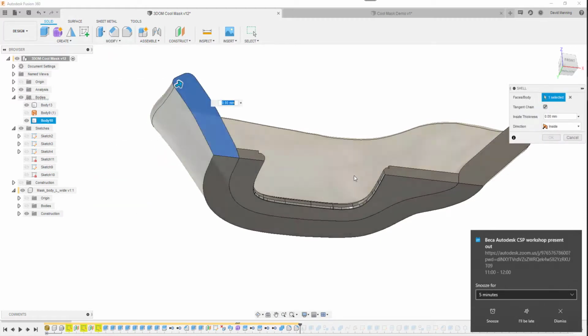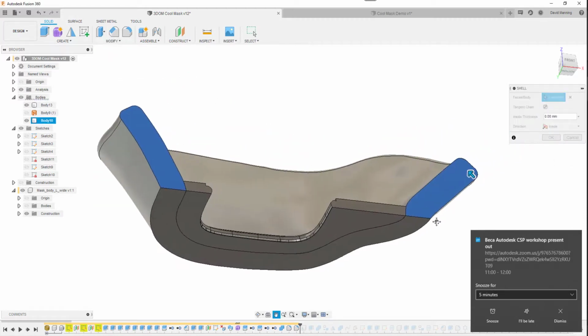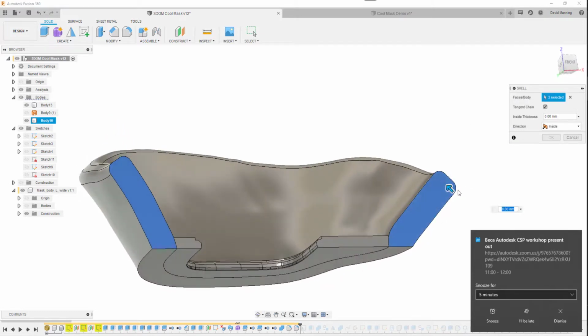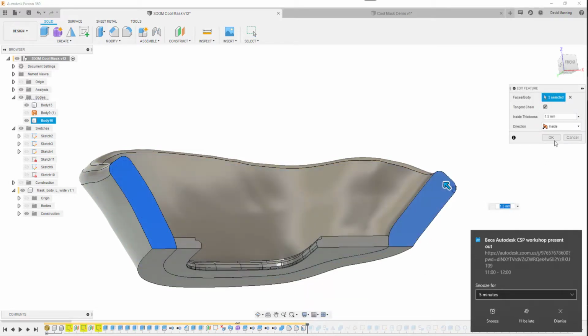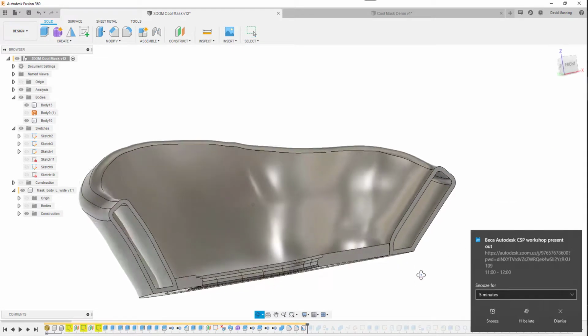Now I want this face and that face to be hollow, and we give it a dimension. I'm going to say 2mm in this case, and that will create a consistent edge all the way around with a hollow 2mm thick. So we did that there, and you can see I should have actually improved that. I could have gone edit and picked both surfaces, and I think that would have worked. 1.5mm in this case, and that creates me a